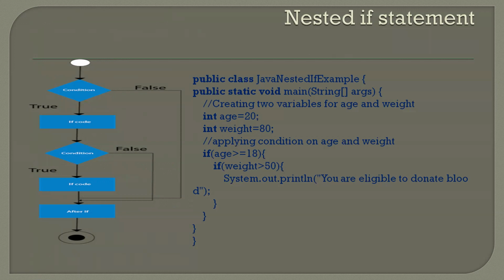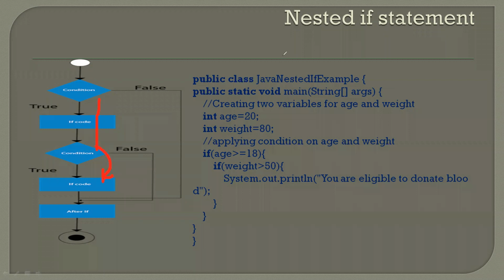So here what we will do is we will have two if conditions. One will be the outside if condition and the other the inside if condition. The inside if condition is called the nested if, and the outside if condition is called the nesting if, right? So here we check one condition. Here we check one condition. In case the condition is true, we will go for checking another condition. And if both the conditions are true only, then we will execute this if code, right?